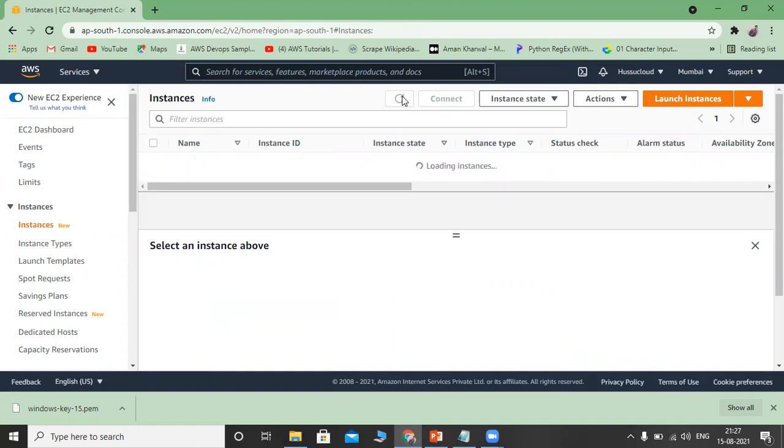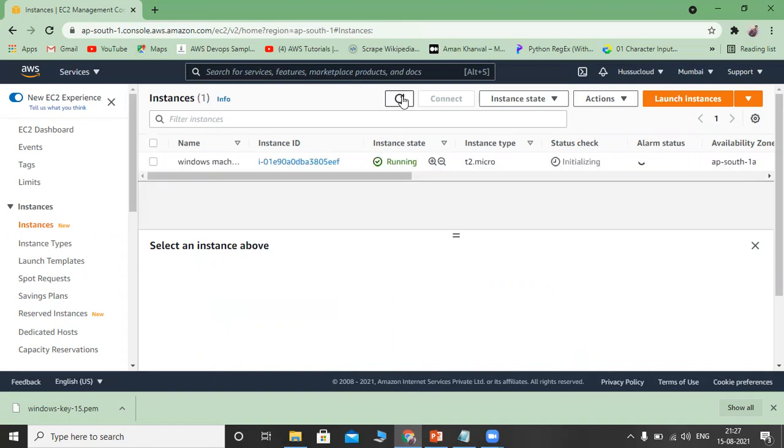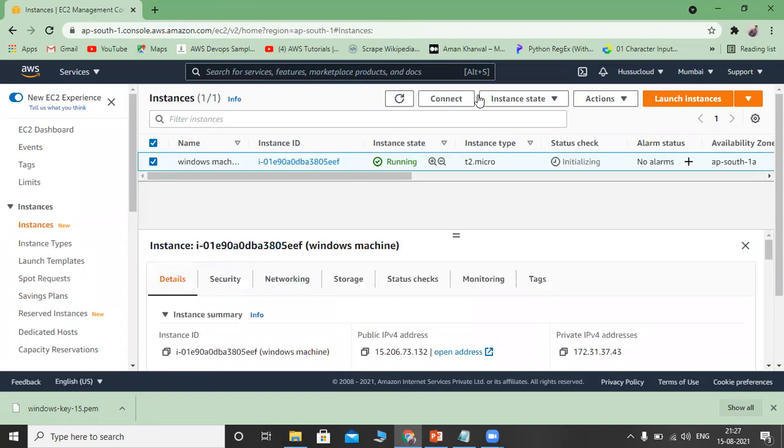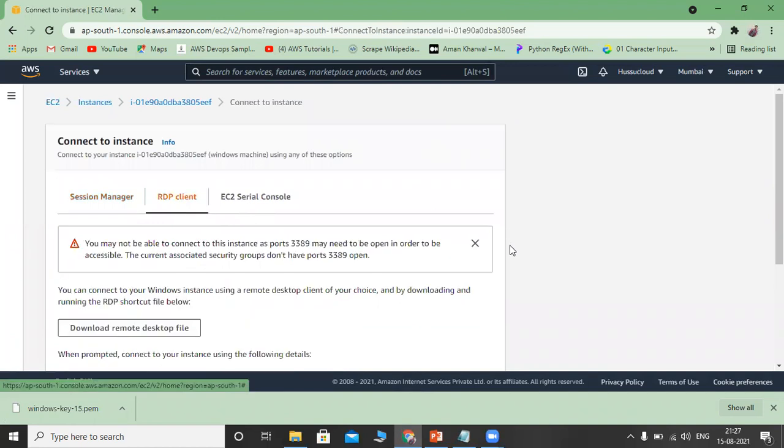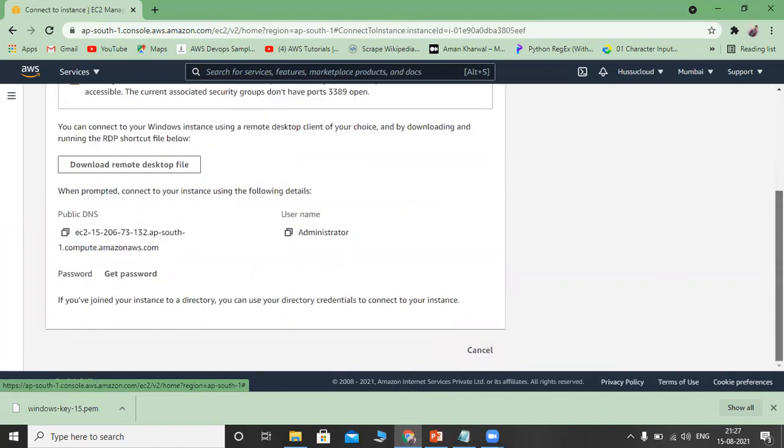Now our duty is to connect. To connect, we need credentials, a username and password. To connect to a Windows machine, you need a username and password. For that, select this machine and click Connect. Go to RDP client and get password. This is the username: Administrator.